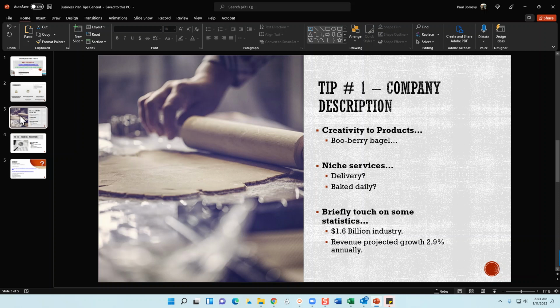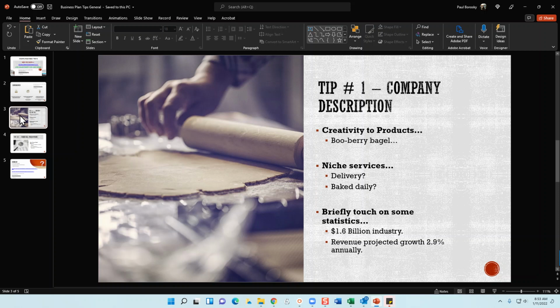For example, if you're going to describe some of your bagels, like blueberry bagels or something like that, show that yes, you do have blueberry bagels, but also show that there's a little bit of creativity to it.